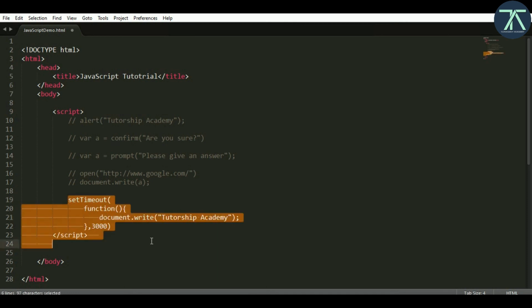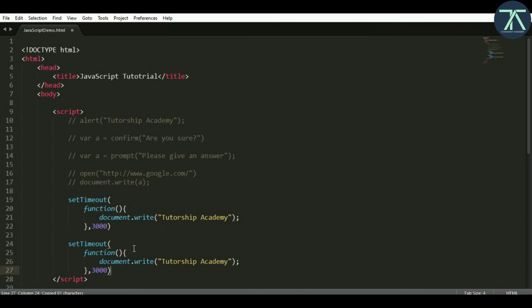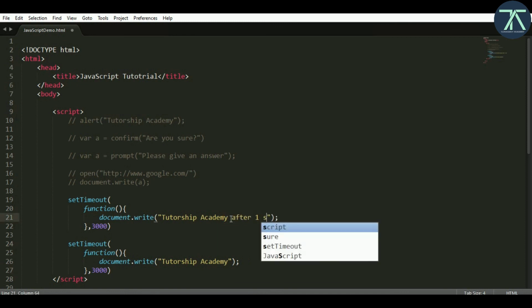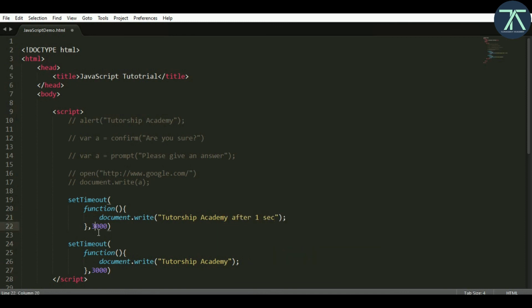If I copy this and paste it over here, and write the same thing, let's write it after 1 second and change it to 1000, and this is after 3 seconds, and make it 3000. Now if I save, go back to my browser and refresh, you see first it printed after 1 second, then after 3 seconds it printed.